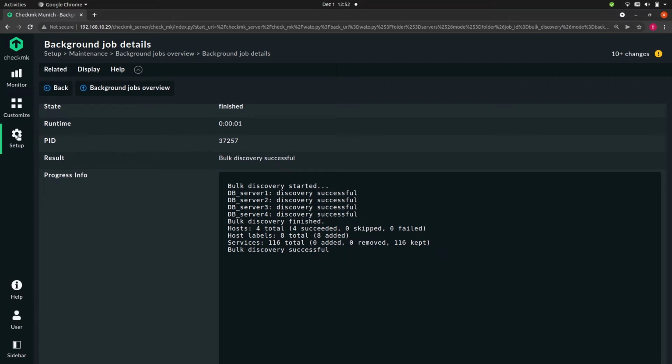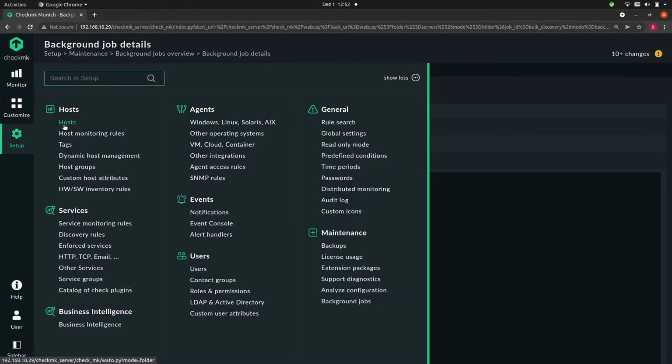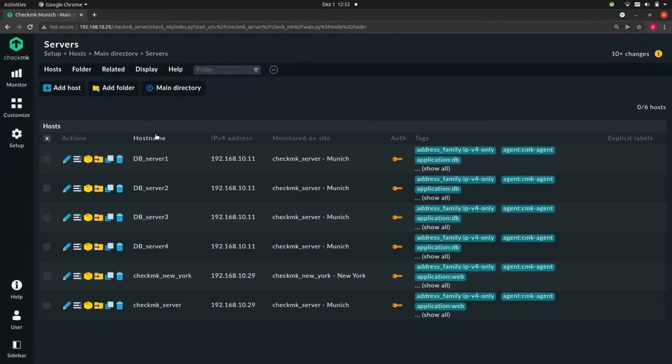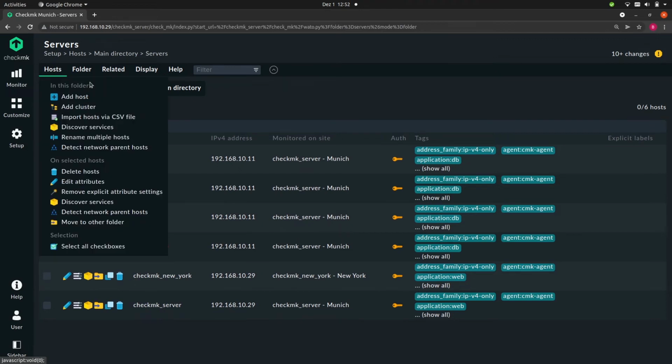So now let's go back to our host configuration. There is another way you can perform a service discovery in bulk, and that is for the entire folder. In the host menu, there is this section, In this folder, and it also has an item, Discover Services.